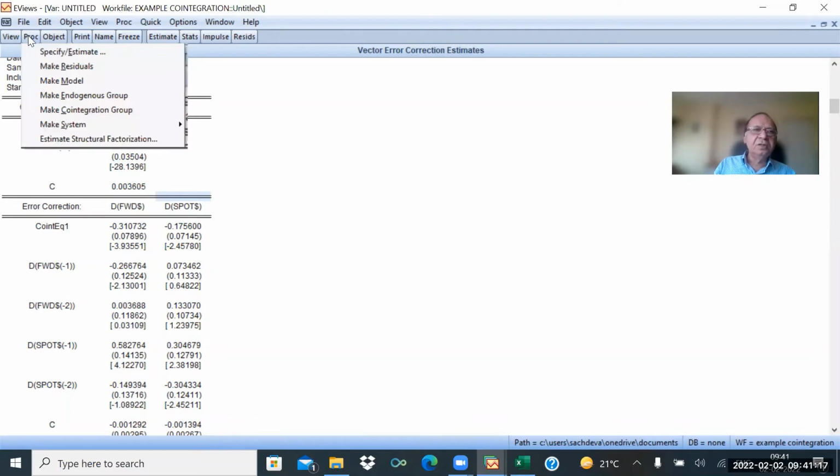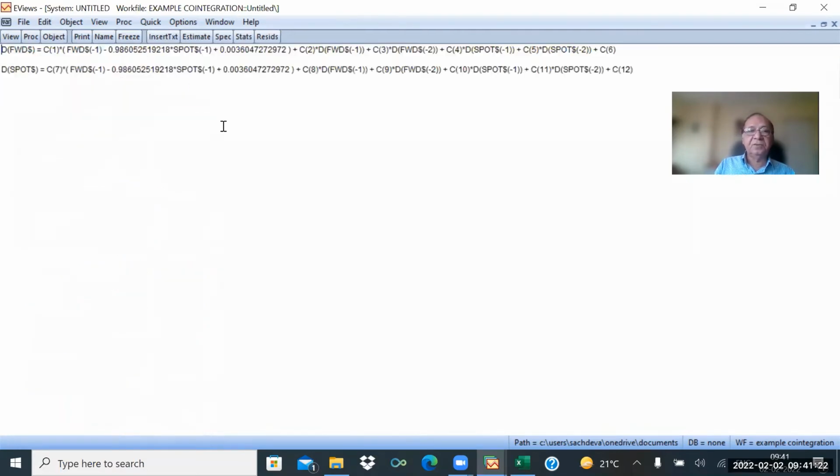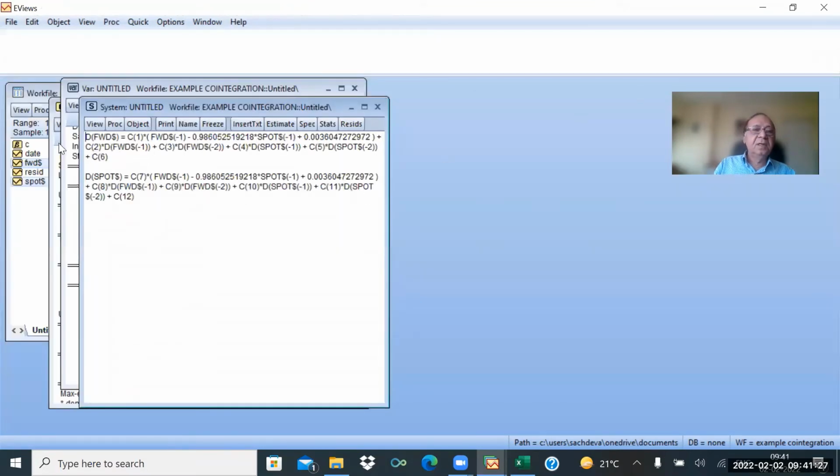Now we will go to Proc. We will say Make System, Order by Variable. Now you see, the system equations have been framed. The first one is the difference of forward dollar value. This is automatically framed by the system. So what is the equation? Difference of forward dollar is equal to C1. C1 is the coefficient of the cointegrating equation. What is the cointegrating equation? That is lagged forward dollar